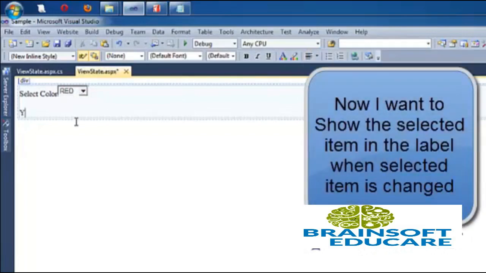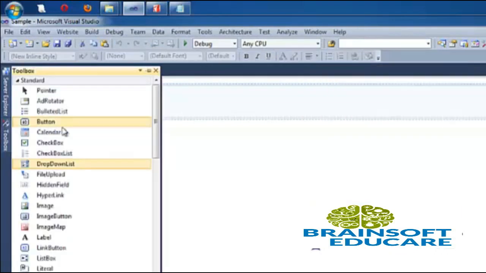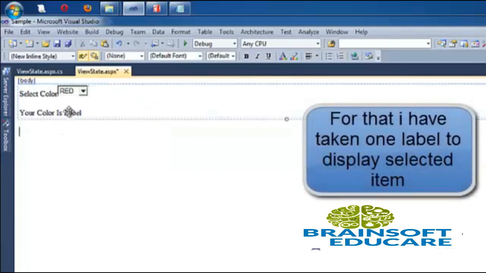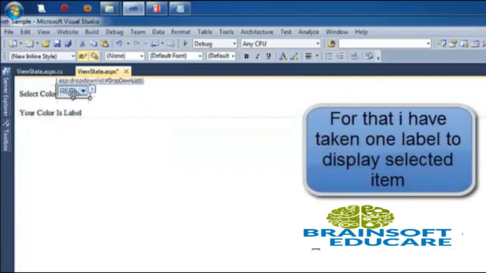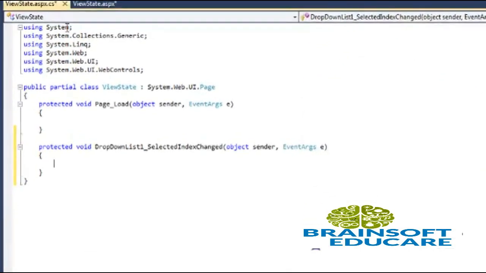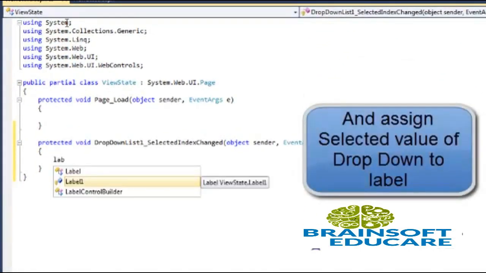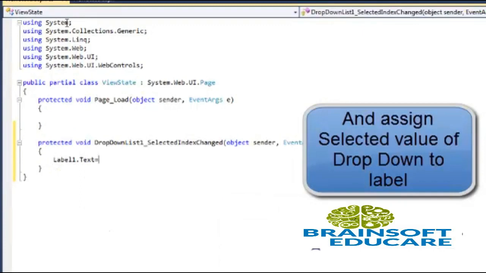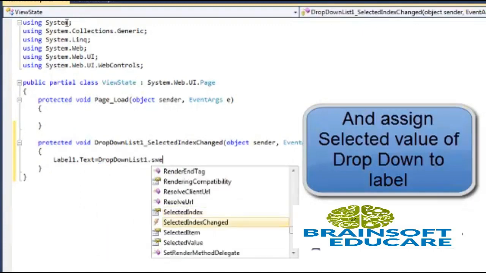Now I want to show which color is displayed. So for that, take one label. We have taken one label. Now on the item changed event of the drop down list, write label1.text is equal to dropdown1.selected